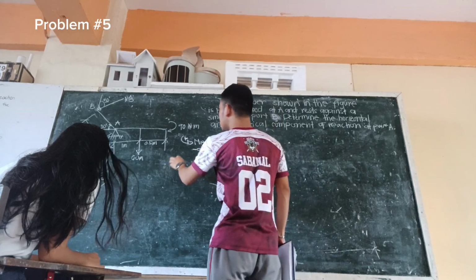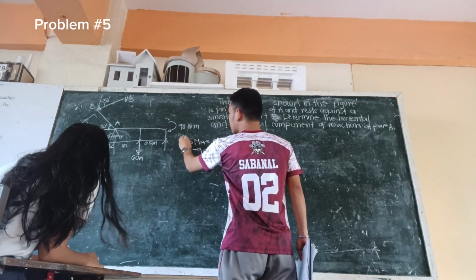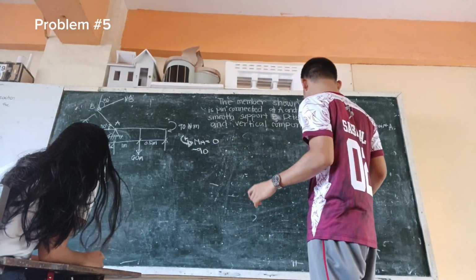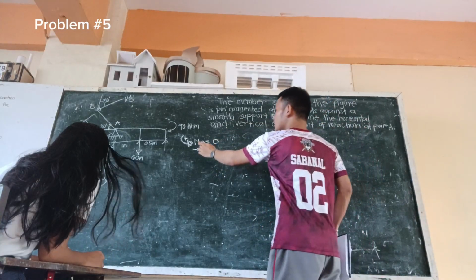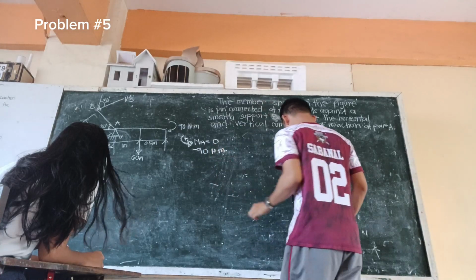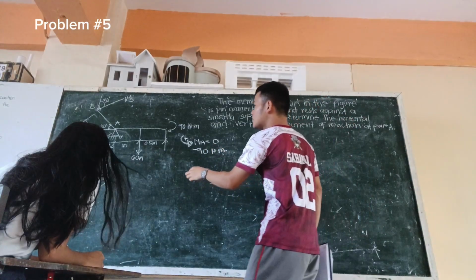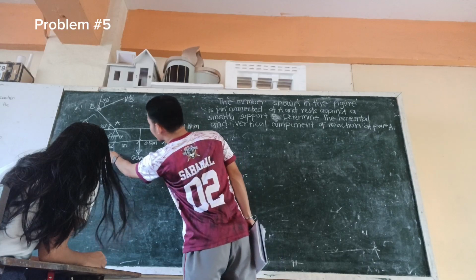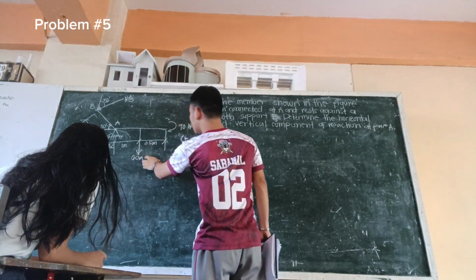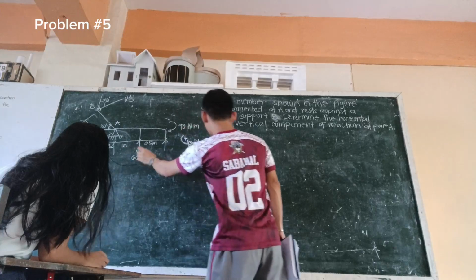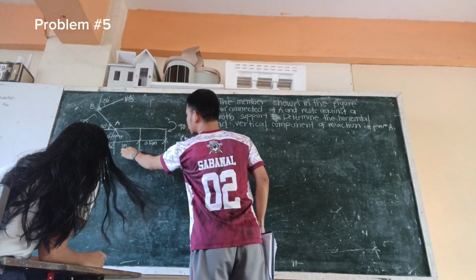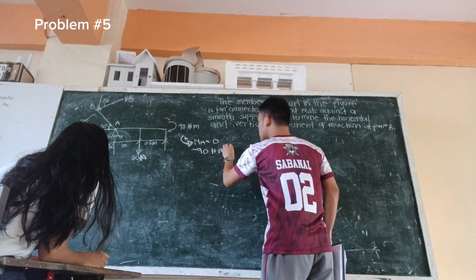It's negative since we are doing the moment counterclockwise. So negative 90 N·m times the distance from point A to the 60 newton force, which is 1 meter. The 60 newton force, the distance is 1 meter. So times 1